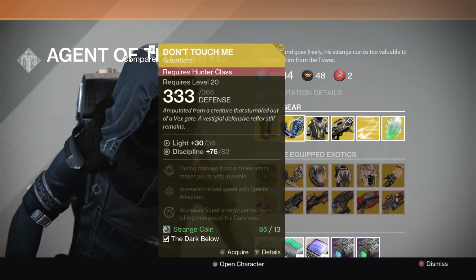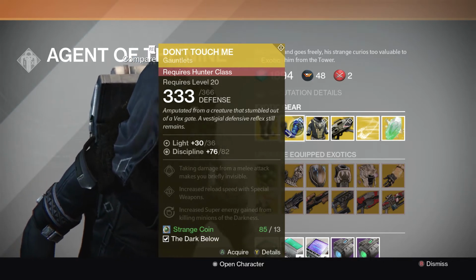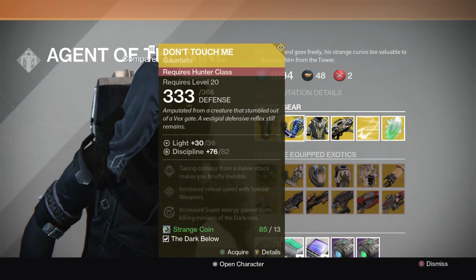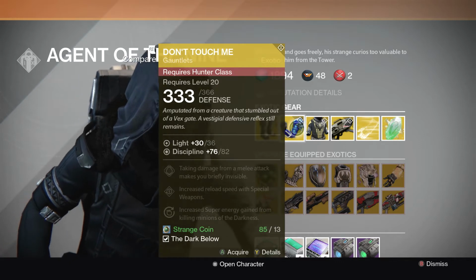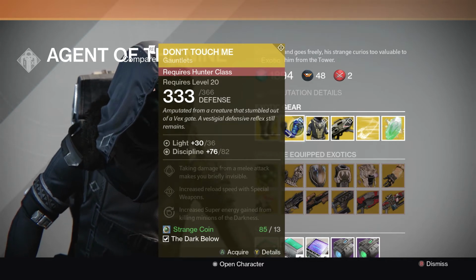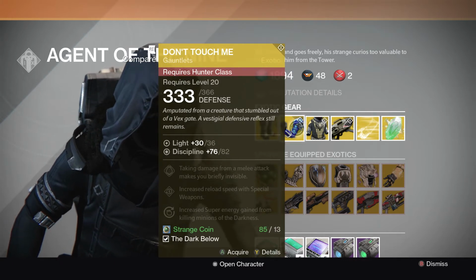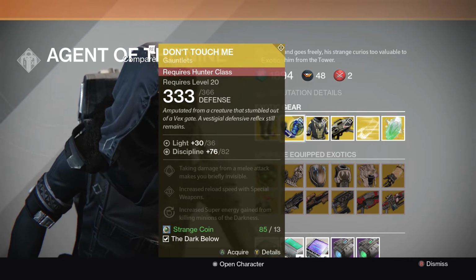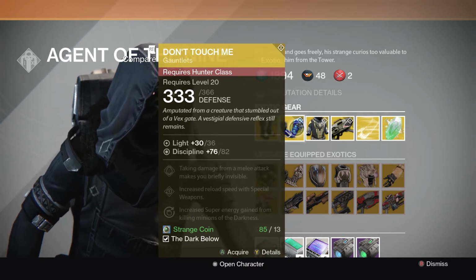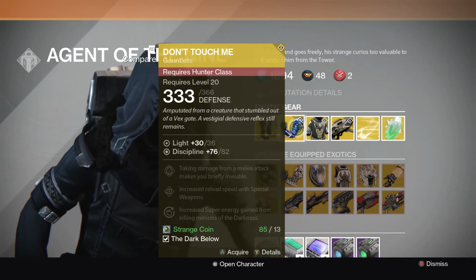Now these are a lower roll on discipline than what we saw previously. I believe the last one was like 92 or 97 max stat. Now these actually are very, very handy for the Dark Below, because the main perk here is taking damage from a melee attack makes you briefly invisible. We've also got increased reload speed with special weapons and increased super energy gained from killing minions of the darkness. So particularly if you run a Blade Dancer, and you've got the old blink strike to turn invisible, and you can crouch to turn invisible, there is a lot of opportunity there to sneak through the abyss on the Crota's